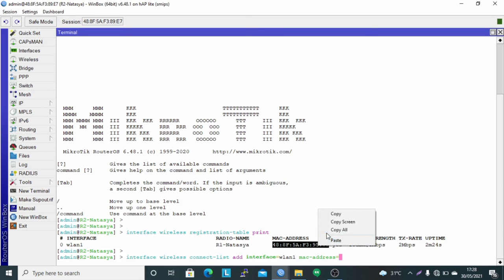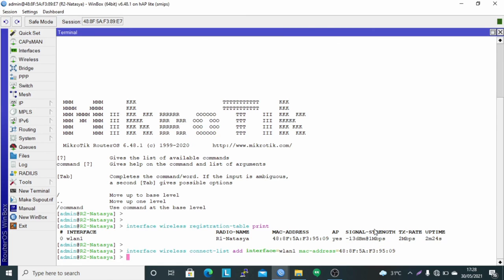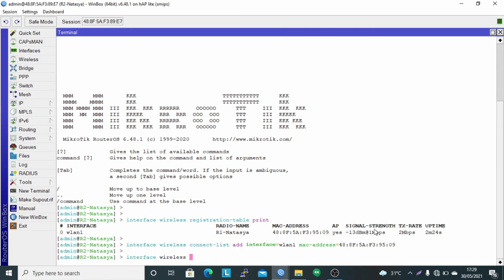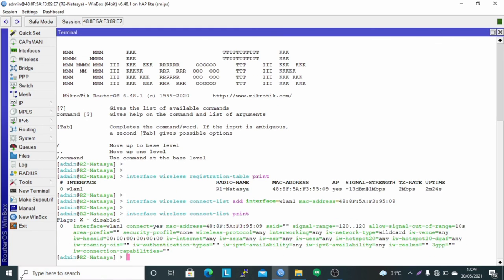Copy the MAC address of router 1 and paste. If ready, press enter. Then check with the command interface wireless connect list print. It appears that the router 1 MAC address has been successfully registered into the connect list table.